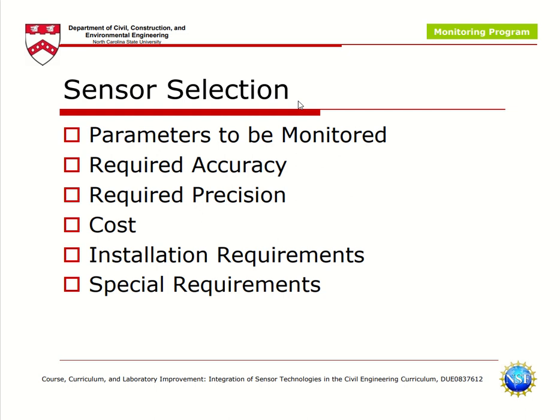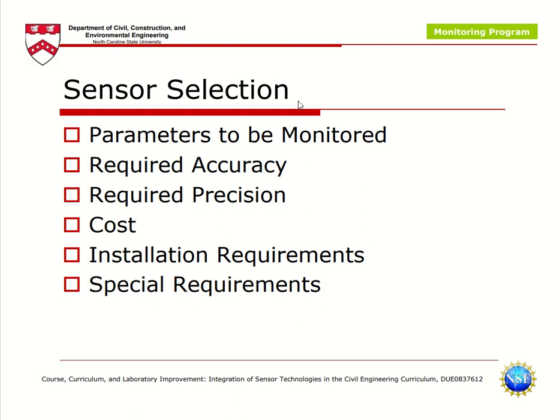Instrumentation and sensors, the second chapter or second module. Up until now, we have discussed a lot about sensors and instrumentation. We have discussed the selection of the sensor, the setting, the installation, and the basics of all these. We have discussed in detail the operating modes of different sensors. We have seen the classification and operation of the different sensors, and today we are going to discuss a bit